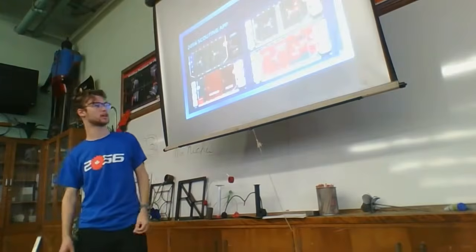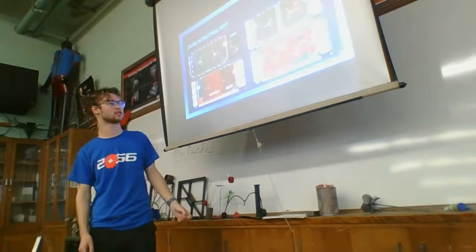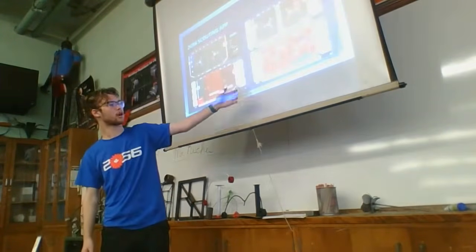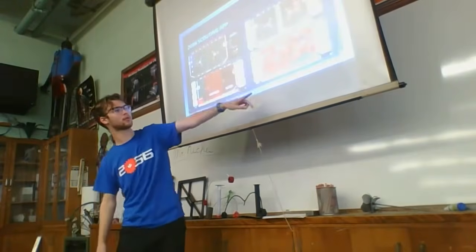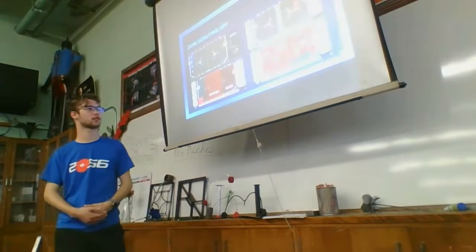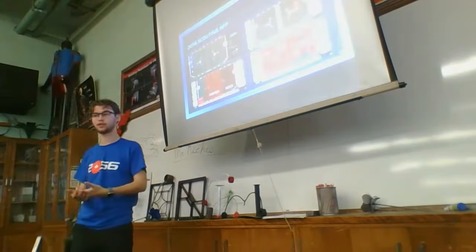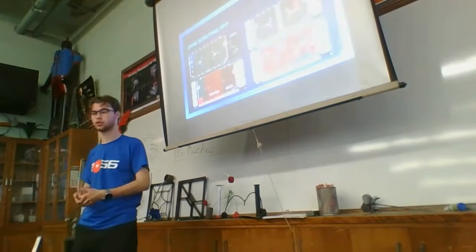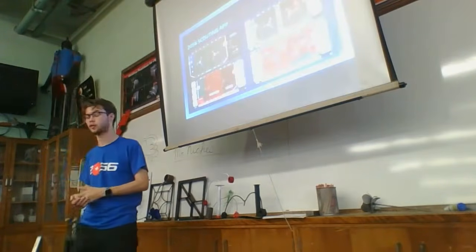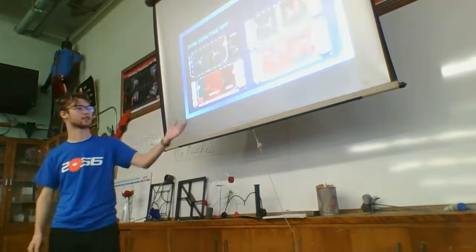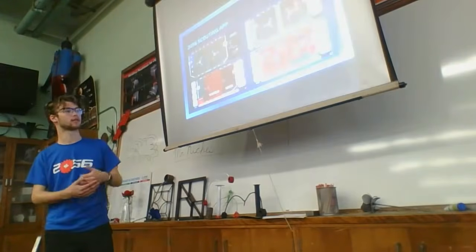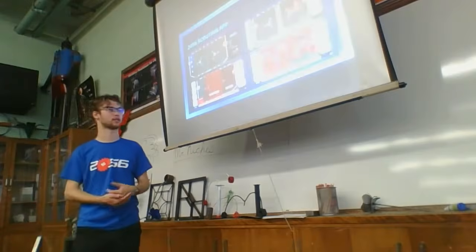Then for shooting, this is a little harder to make because a lot of you can shoot in the speaker from pretty much anywhere, but we still try to keep it intuitive. So we have amp on the amp, trap on the trap, speaker from the podium where the protected shooting is, because we wanted to identify if a team needs to go to the podium in order to shoot versus if they can shoot from anywhere. That's a really important piece of information to have, especially come eliminations. And then speaker far and speaker close. We tried to keep those close to the speaker, but also had to make room for other things as well.